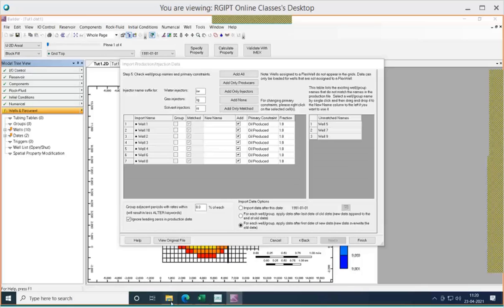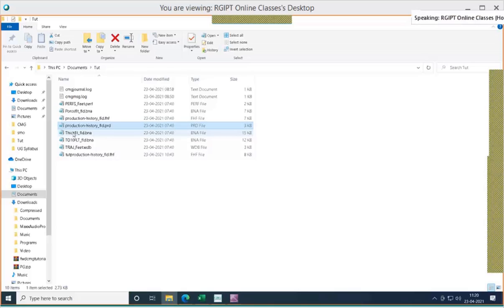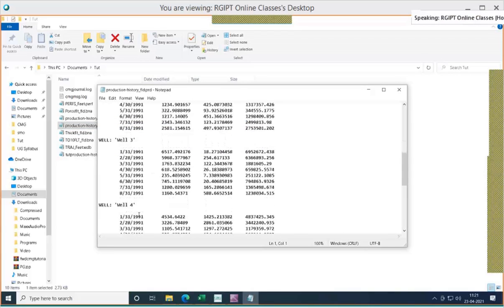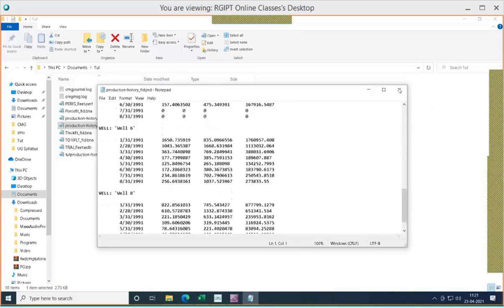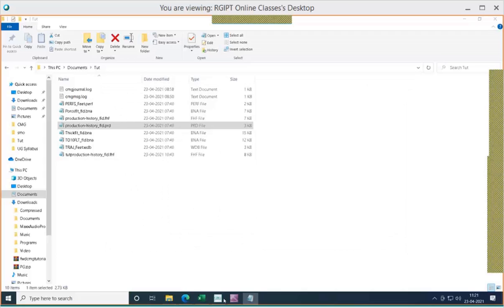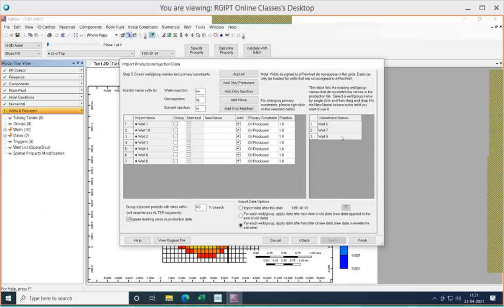Well 2, well 3, well 4, it is there. Well 6 is there. Well 8 is there. But there is no production history for well 5, 7, and 9. So we can see these 3 wells are unmatched. We can do that at a later stage. For the time being, let's click finish.